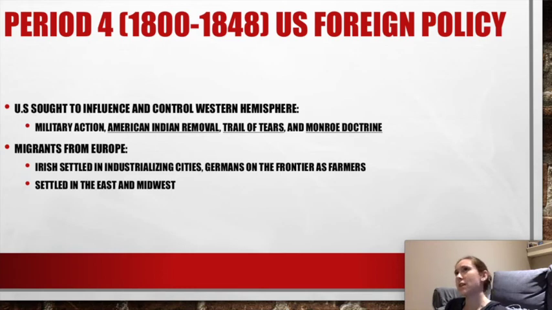What you need to understand about this time is the Monroe Doctrine really defines United States foreign policy as one in which the United States is going to try to exert itself as the major powerhouse and influencer of the Americas, North and South America, as well as the statement that European powers need to stop colonizing the Americas, that it was time for the Americas to have their own independent nations, and the leader